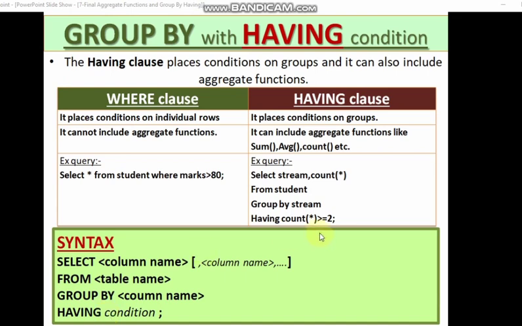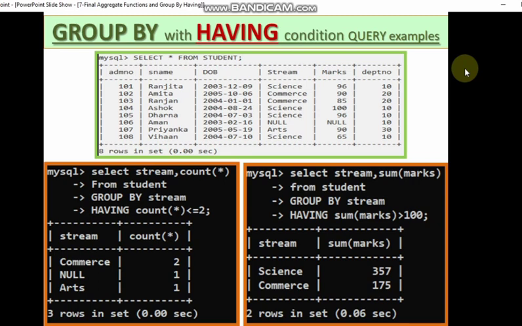Now let's move on and see some examples of having condition. See this student table. Select stream, count star from student group by stream. This much we have seen, the answer which we got in the previous slide.